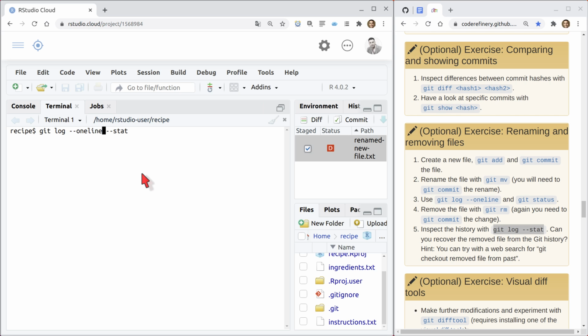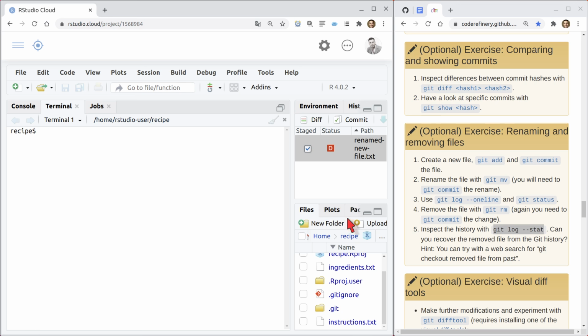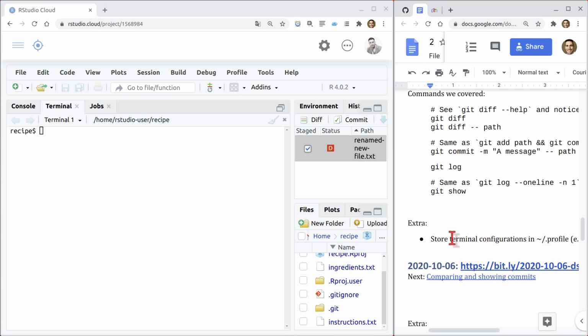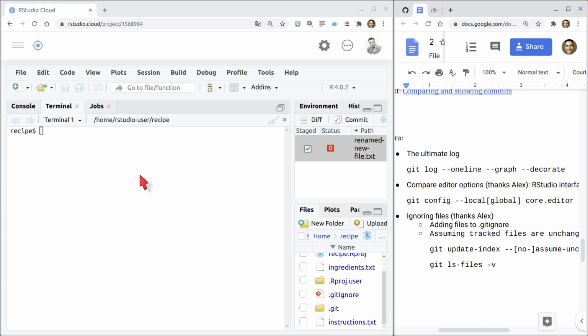So if you combine the flag oneline and the flag stat, you get for every commit specifically the files that have changed in each commit, and whether those changes have been an addition or a subtraction, right? So let me share with you what I believe is the ultimate Git log. It is saved also here in the Google Doc that we are using. It is this command here. So if I do the git log oneline,